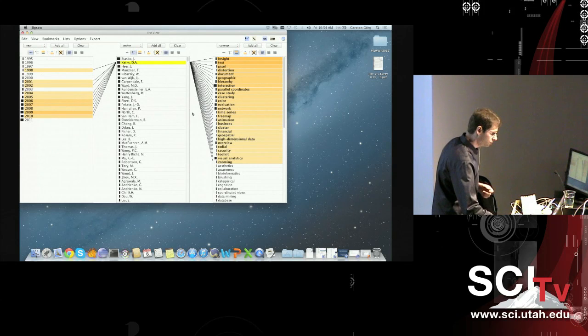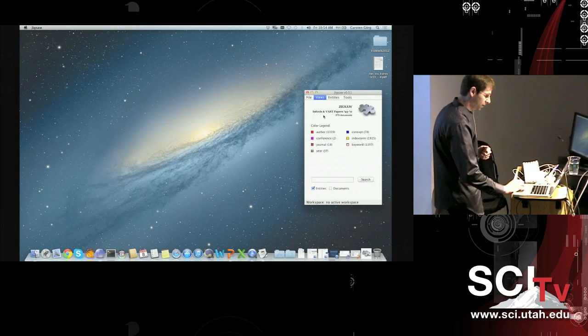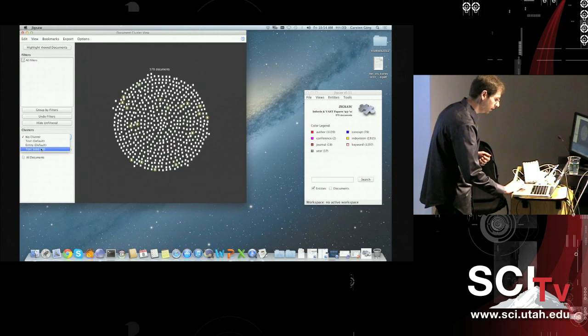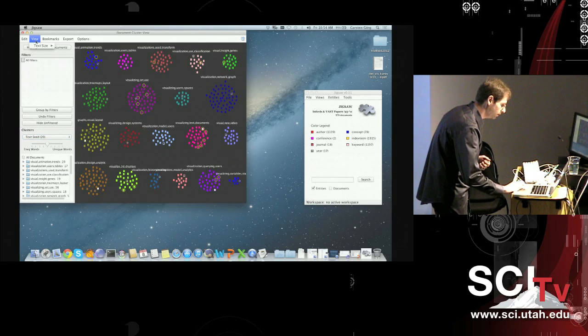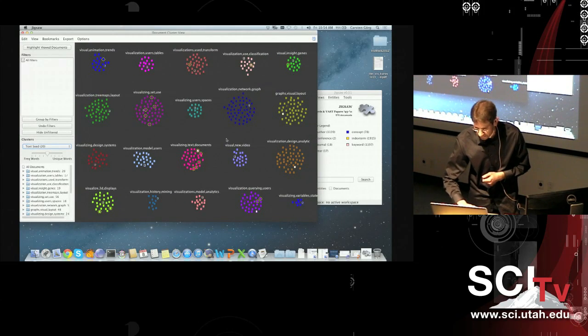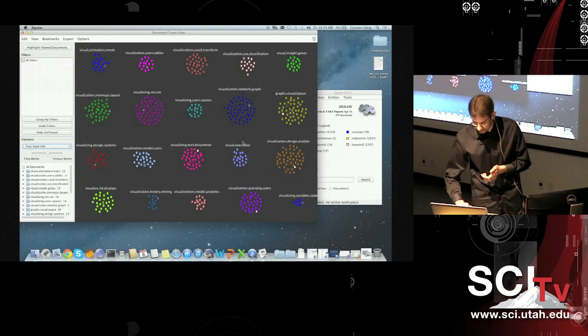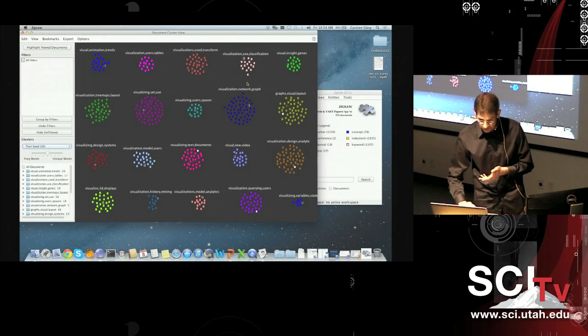So I now would like to move on and show you how views can be used in collaboration to get more interesting insights. Therefore, I open up the document cluster view, and I just cluster the papers by their similarity of content. And I can see that there are different clusters that are related to themes in InfoVis and VAST. There are some clusters about text visualizations, some clusters about networks, some clusters about graphs, some clusters about animation, and so on. If I now put those views side by side,